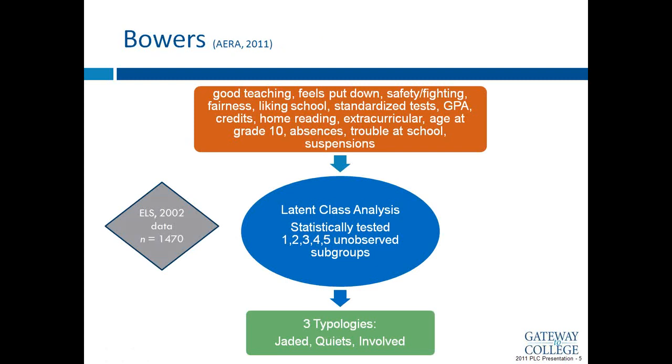So just briefly, this is essentially the study that Bowers did, and we use this as a model. He looked at the educational longitudinal survey data, and within that data, he had almost 1,500 students who had reported dropping out at least once, and he had access to some really good school data like number of expulsions and suspensions, their GPA, their credits. He also had some survey data on student perceptions about the school environment, how safe school was, the type of teaching, and their attendance, and extracurricular activities and things like that.